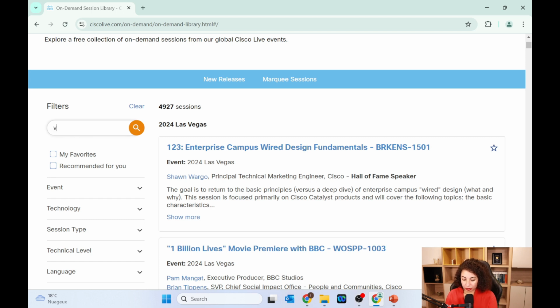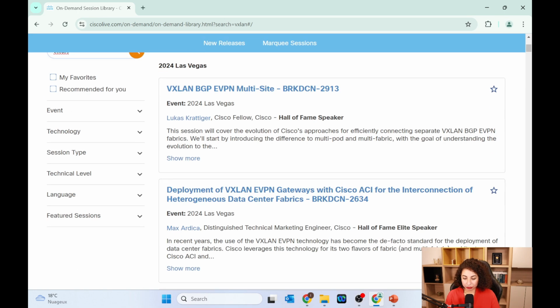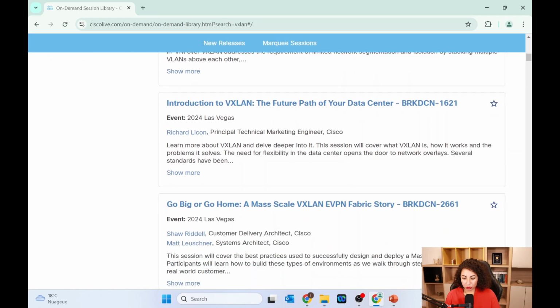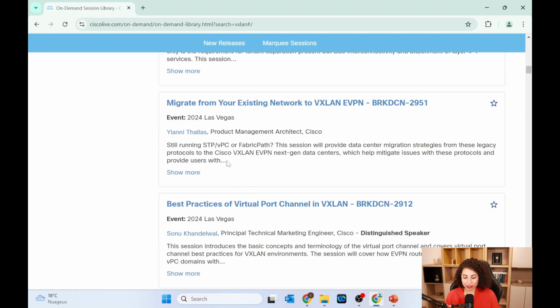Now you have a tab to make the search. So you can obviously search on the technology that you are interested in, or you can also search by typing the name of the engineer that you are looking for. So there are slides that I have borrowed from Lukas Kratiger, from Max Ardica, also from Parth Patel, from Yanni Talas, from Yves Louis as well. Oh yeah, this is really good material that you can find on the Cisco Live, so I just wanted to